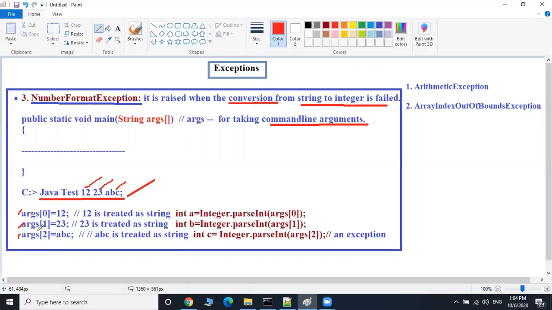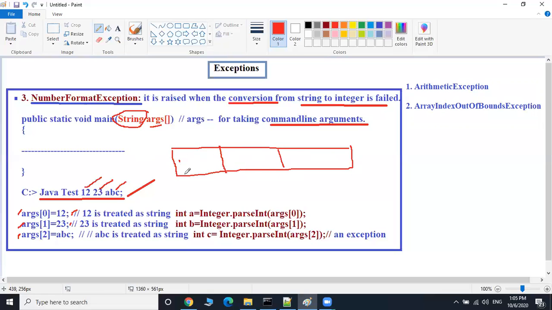Even though these two seem to be integers, internally their data type is string, because args is an array of type string, so whatever values you store inside are treated as strings only, not integers. 12 is the first string, 23 is the second string, and ABC is another string.